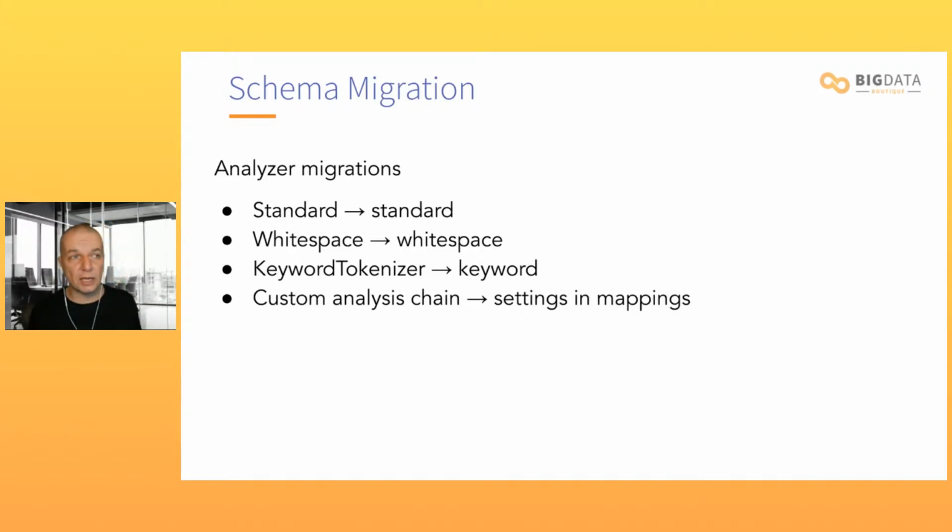And when it comes to analysis, you have those differences in those search engines. You have the standard, whitespace, keyword analyzers, those are pretty simple, but the rest are no longer XML, but simple API calls, like our collection API in Solr. You will need to look into the docs and get used to how you configure your settings for your indices. But that's something that's usually done once, and then once you migrate, you forget about it for some time until you need to change your